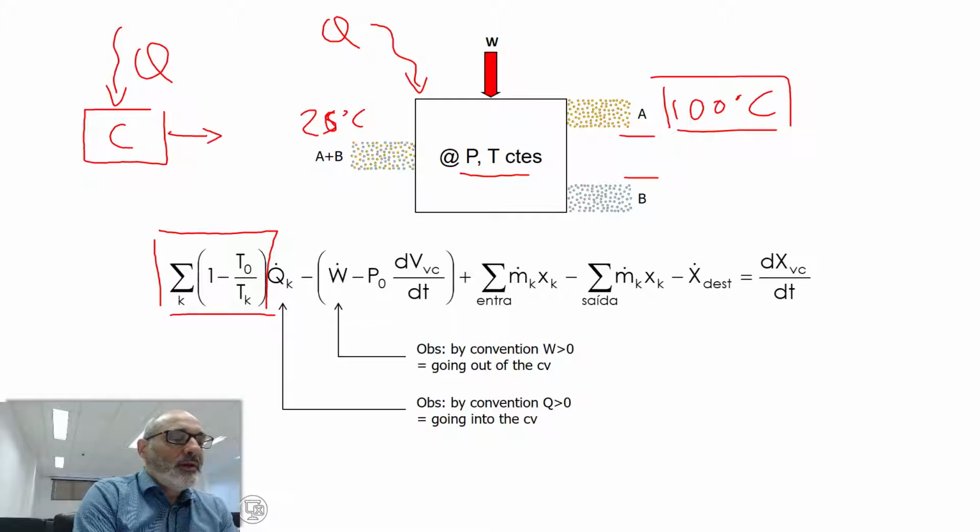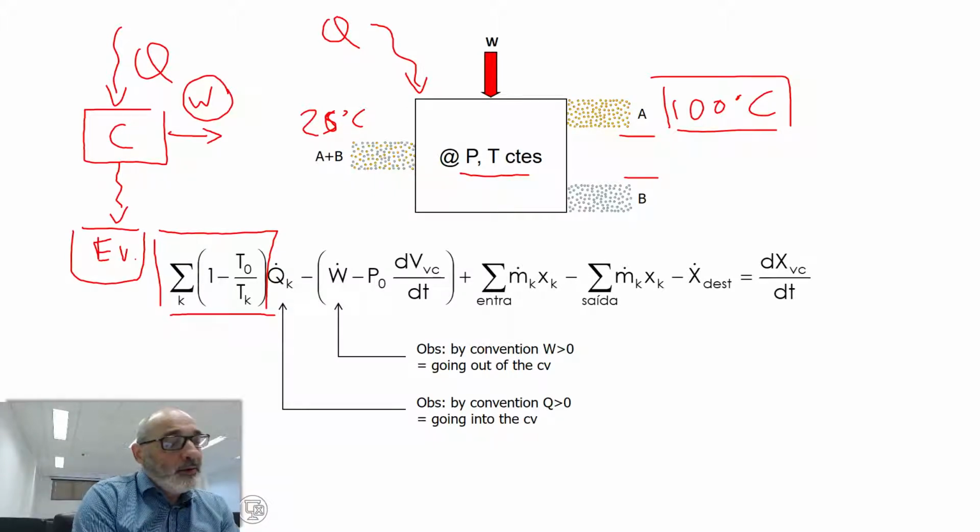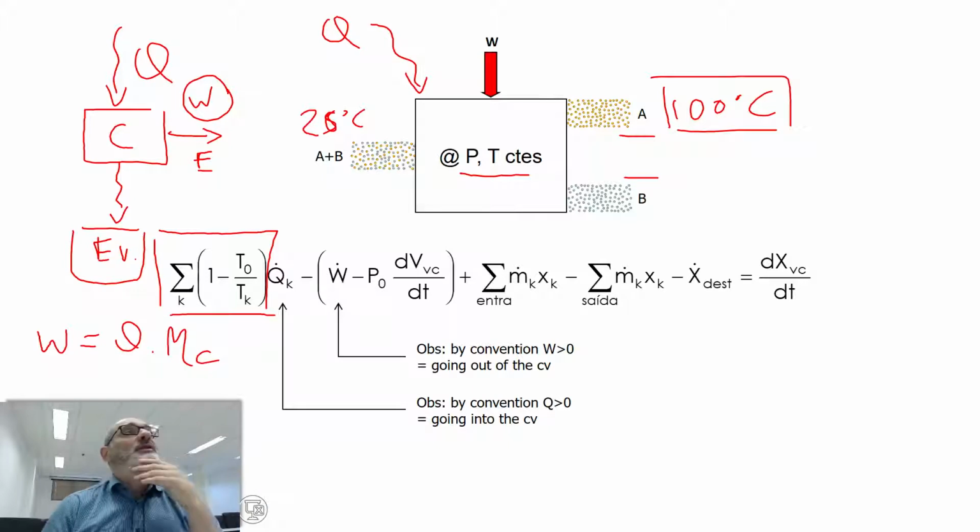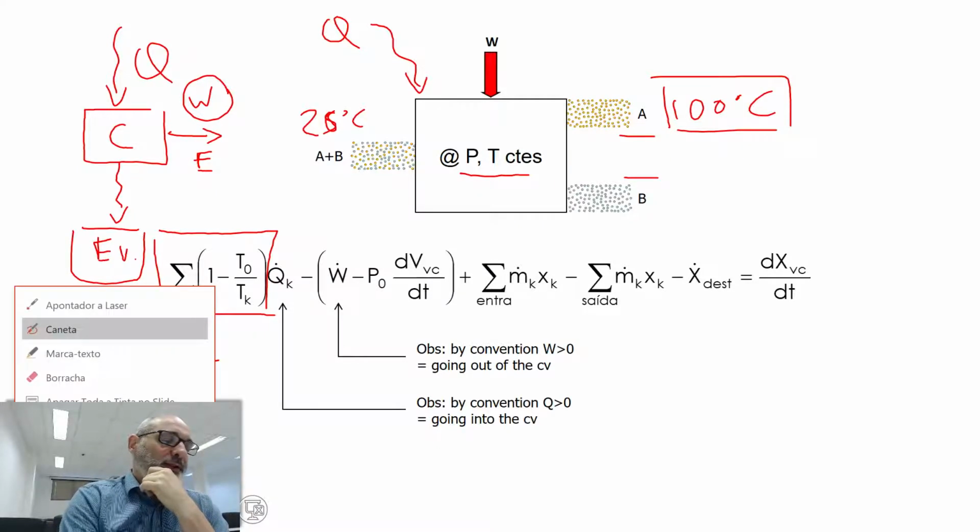It will produce some amount of work, it will reject something to the environment, okay? And this amount of work is exactly what we're calling here exergy. That's a definition of exergy. And since this is a Carnot cycle, W can be calculated as Q times Carnot's efficiency, okay? And the Carnot's efficiency, the efficiency of the Carnot cycle, can be calculated from the temperatures, as I'm showing there,